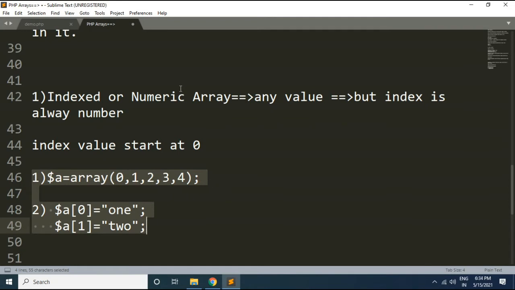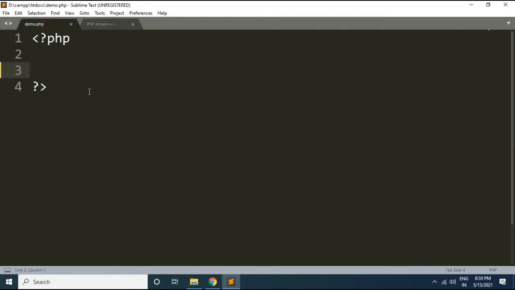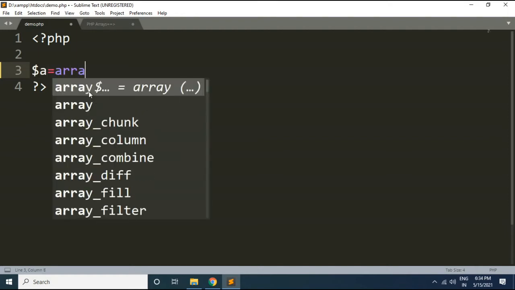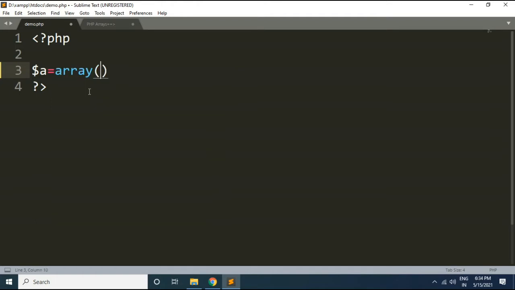Now we will see an example for an index or numeric array. So here first of all I will specify one array name, let's say a, and now I will specify the array function and just specify the array elements, let's say 1 2 3 4 5. Okay, my array is created.